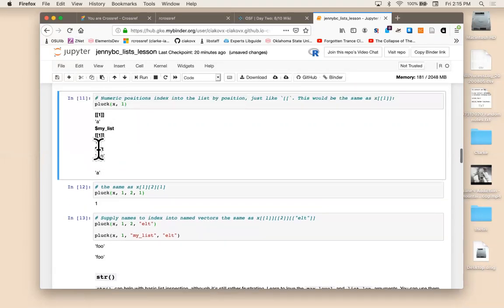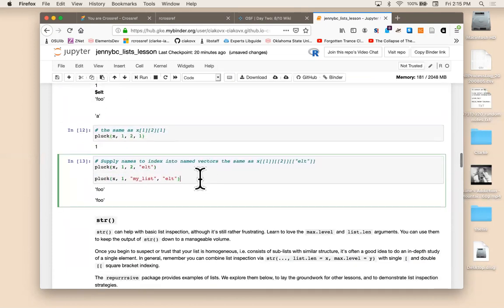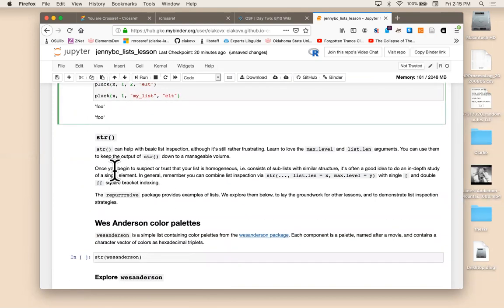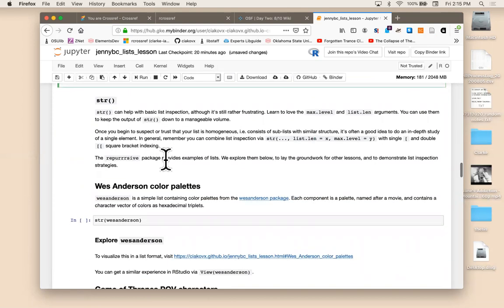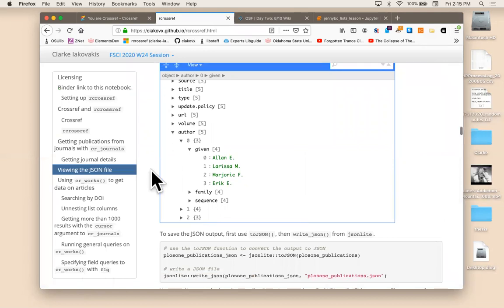The second item of this list is called ELT. It's very confusing, but again, if it doesn't stick, if you don't get it, then don't stress out too much about it. So there are a couple of examples that are in the